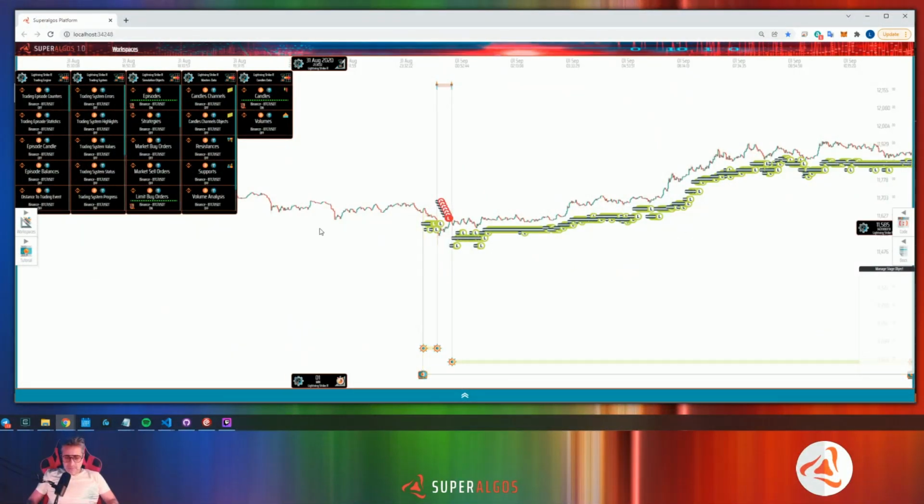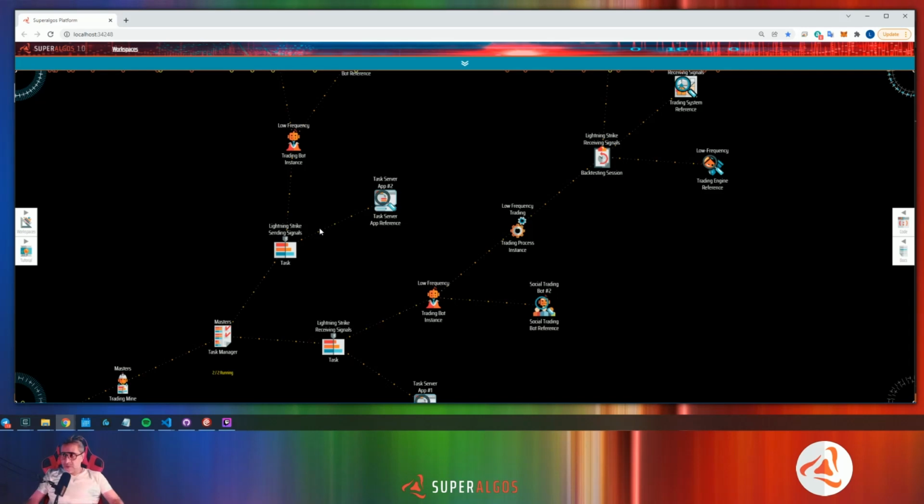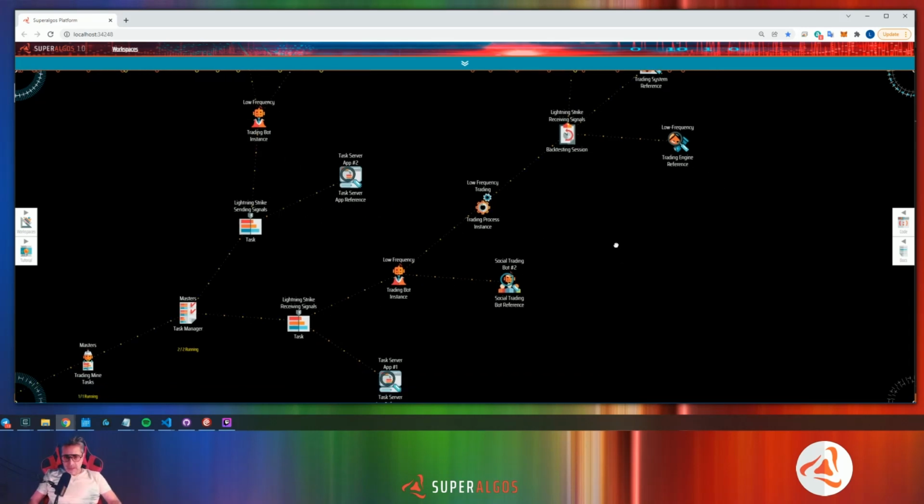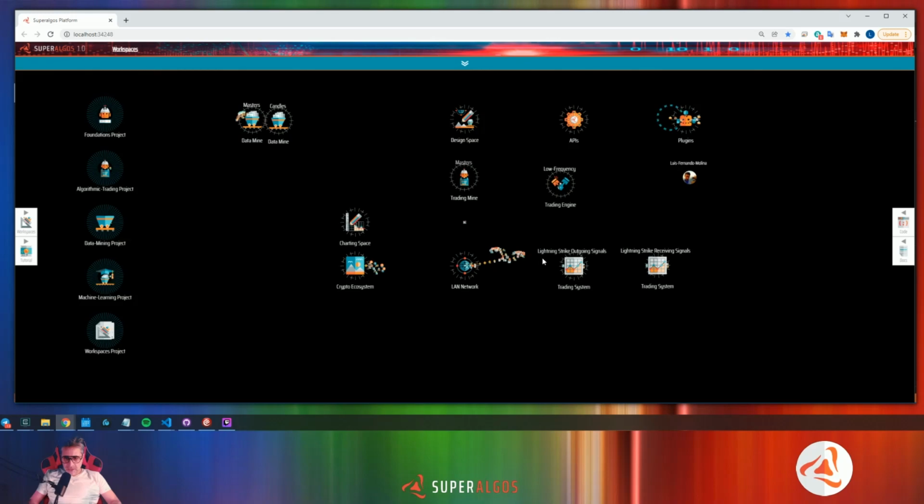Okay, so this is how this works. This is the very basic explanation. There is a deeper explanation that doesn't go that much deeper,